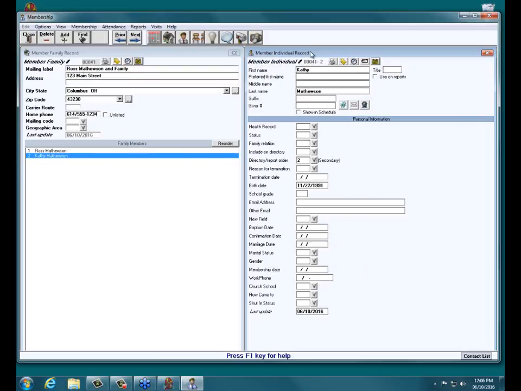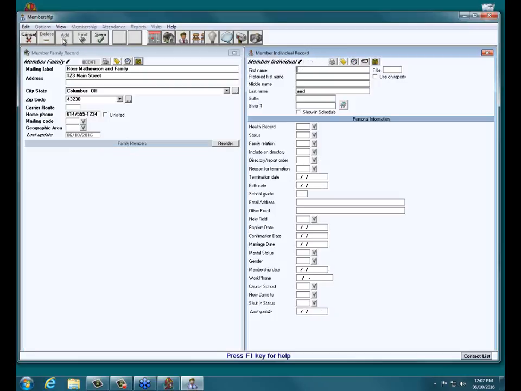Now when you want to enter a new individual to a particular household, you have to make sure that you have the individual record side highlighted or selected, not family record. So you can tell the difference when you have the individual record side highlighted. It'll be a darker blue up here at the top, and the X will be red. So when you have that side clicked, if you then go up to the top left and click add,